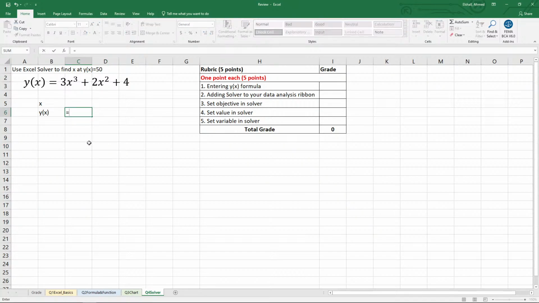So the first step is to enter your function. That would be 3 times my x here to the power of 3 plus 2 times x to the power of 2 plus 4. And then put 0, for example, here. You can play with it, like put a value of 1, 2, 3. Okay, so now I know the solution is between